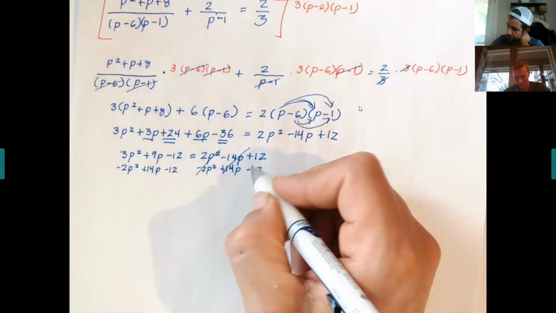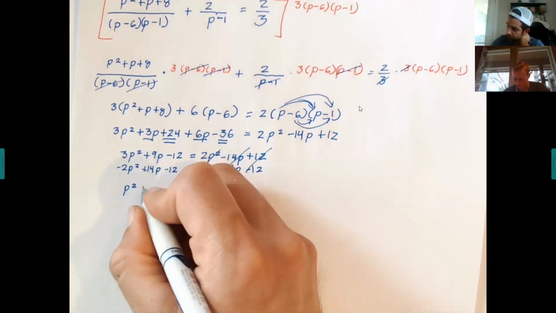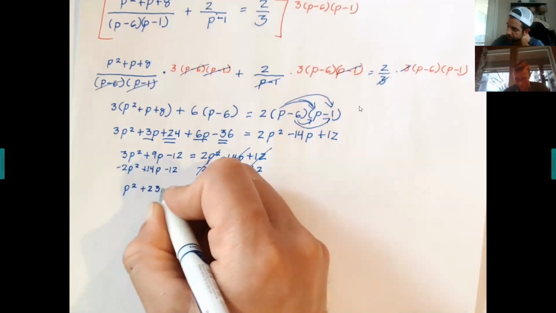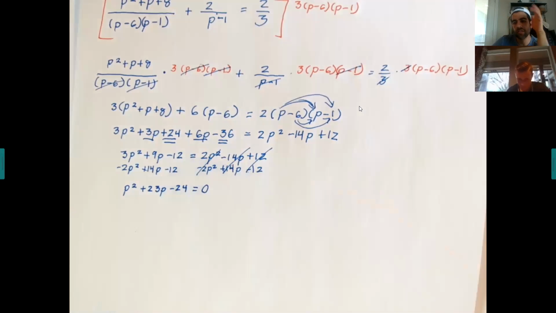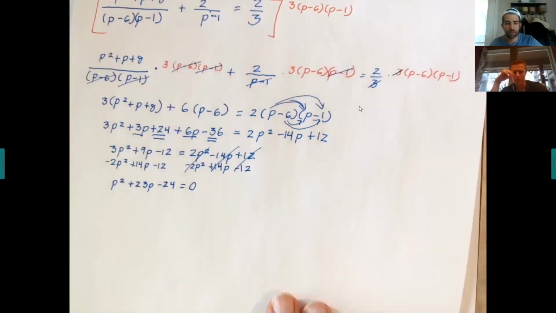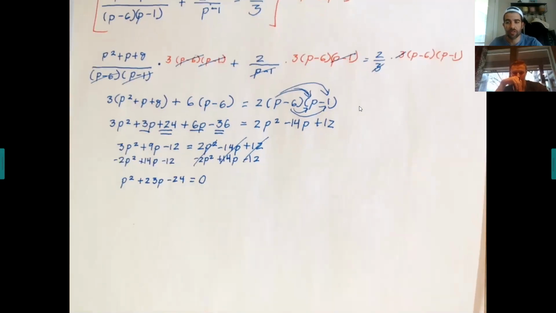That's going to be 0 on the right side. That's going to be 23p minus 24 is equal to 0. All right, so we do all of that just to get to that point, and at that point, I'm hoping that I have something that's factorable. If it's not factorable, you have to use the quadratic formula, but there's no need for that. If you happen to use the quadratic formula, that probably means you did something wrong, just in this specific problem,